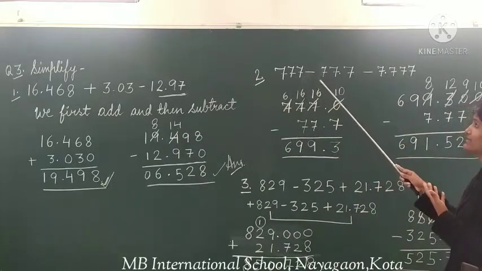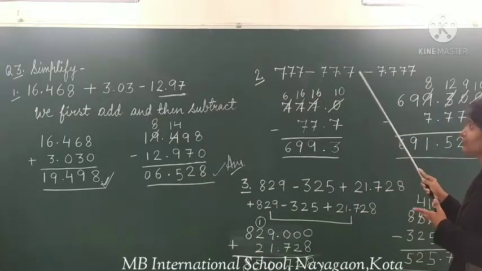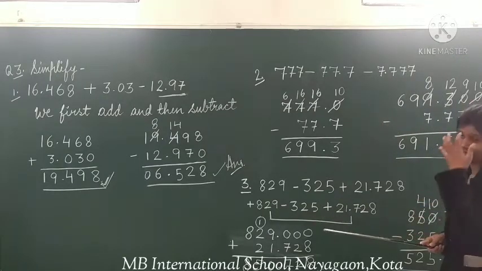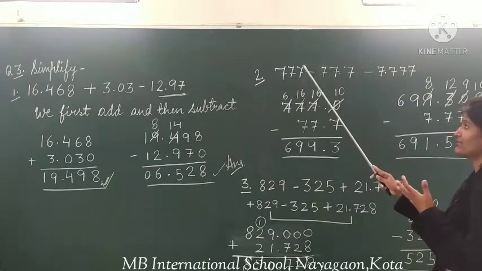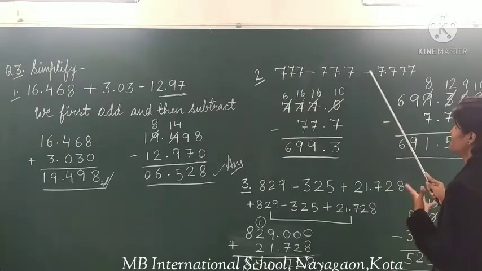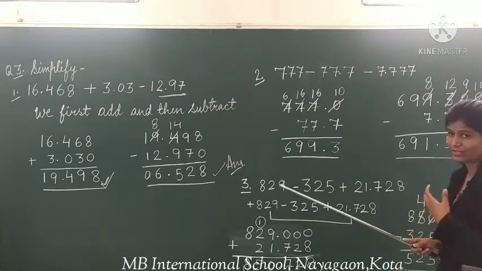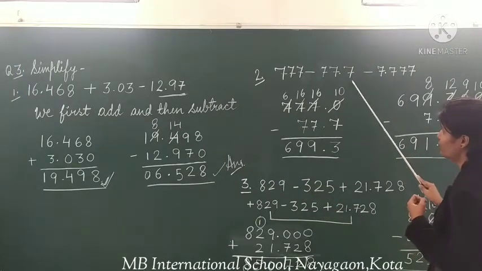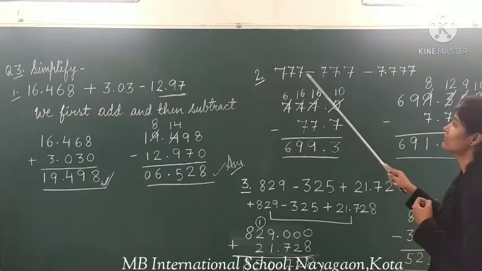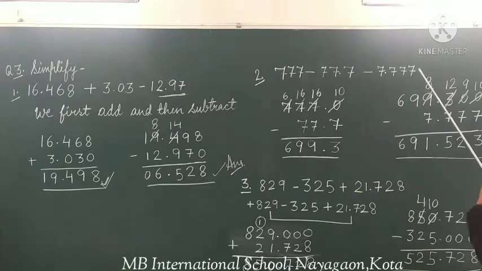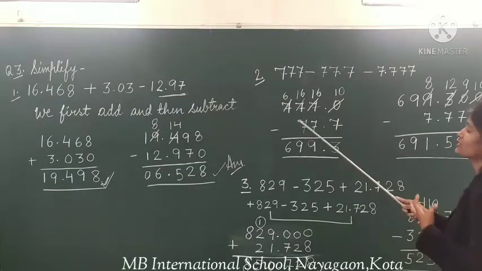Similarly, question number second, 777 minus 77.7 minus 7.777. Now कंफ्यूजिंग है काफ़ी ज़्यादा क्वेश्चन. 777 माइनस 77.7 माइनस 7.777. एडिशन तो कहीं भी नहीं है. It means आपको सब्ट्रैक्शन ही करना है. First you have to subtract both the numbers, then the 7.777 will be subtracted from the result. So start subtracting